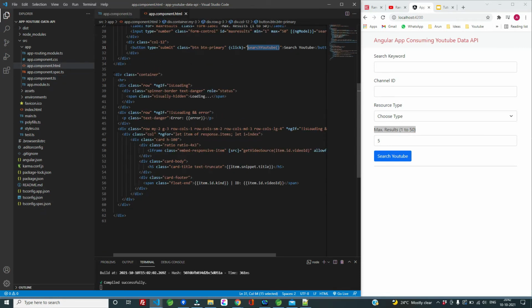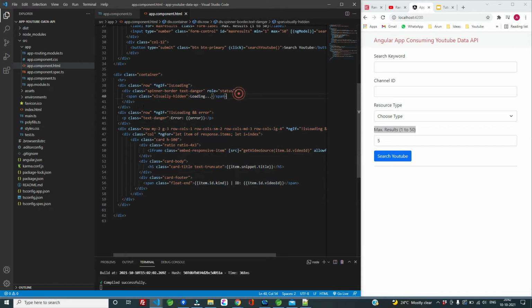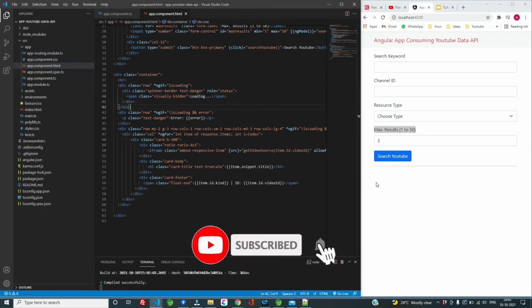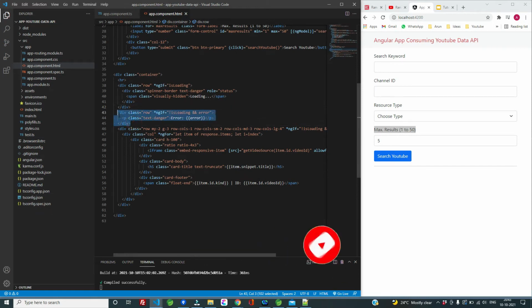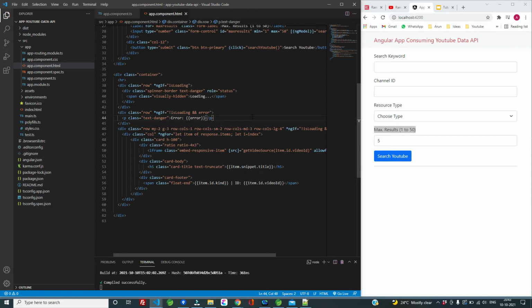We also have another container in our HTML code, where we have added a div to show the spinner when the YouTube search is executing. And then we have another div block for showing errors, in case of any, and another div block to show the list of items that the API returns.